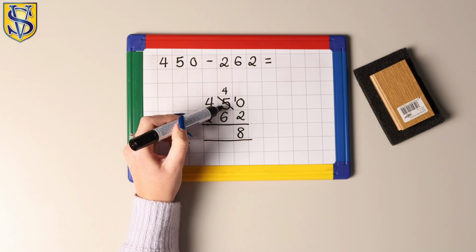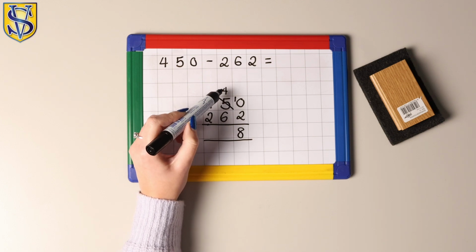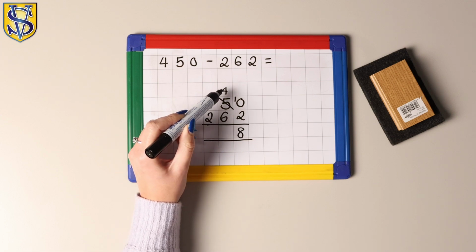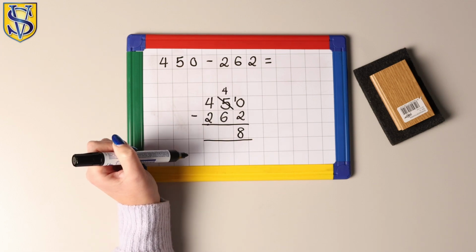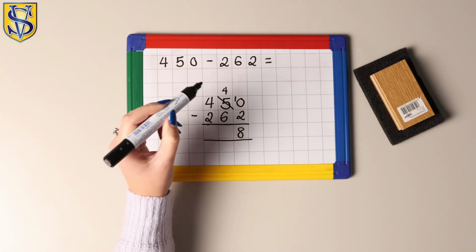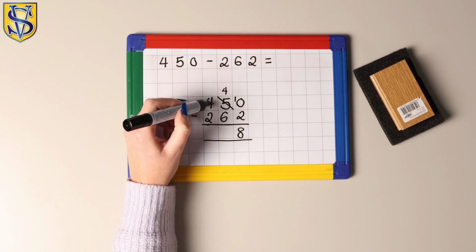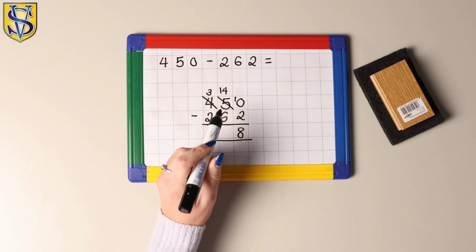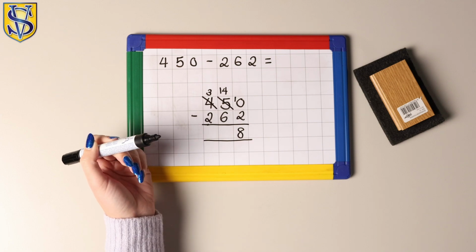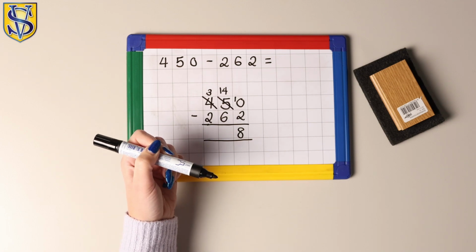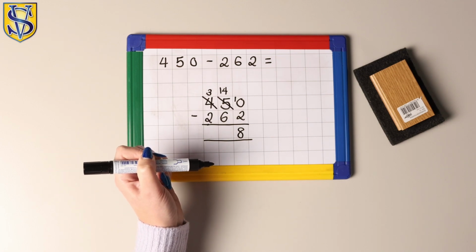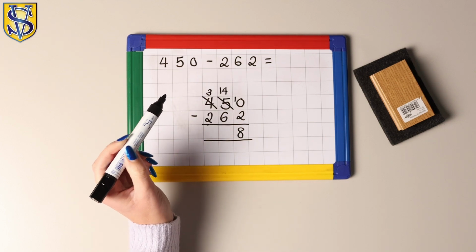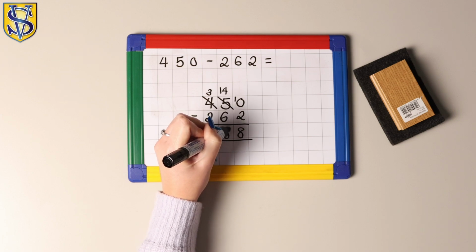Now we are moving on to this one and we need to look at this number, the 4 subtract 6. Once again, you can't do 4 subtract 6 and you can't switch numbers around. So you need to take 1 from the hundreds column. So 4 take away 1 is 3 and you're going to give it to the tens column. So this now becomes 14. It doesn't become 5 because we are not taking a 10 across, we're taking 100 across. So this is 14 tens. So 14 subtract 6 is going to be 8.